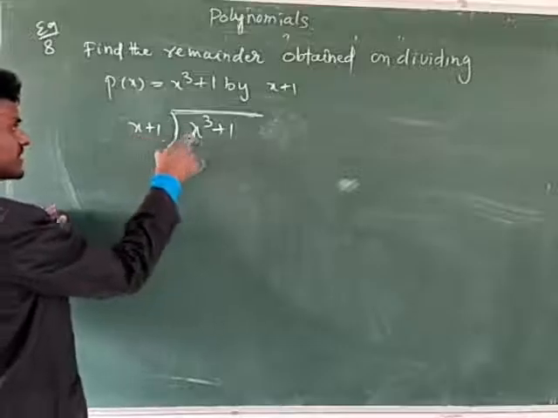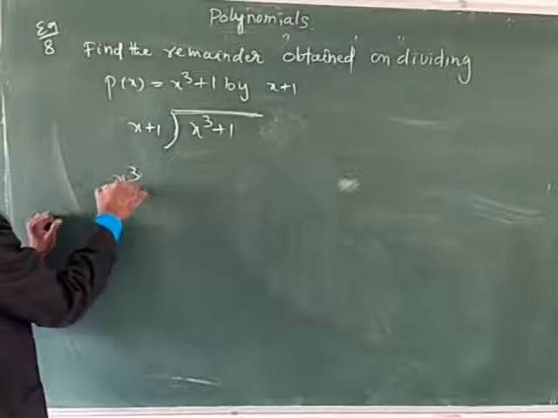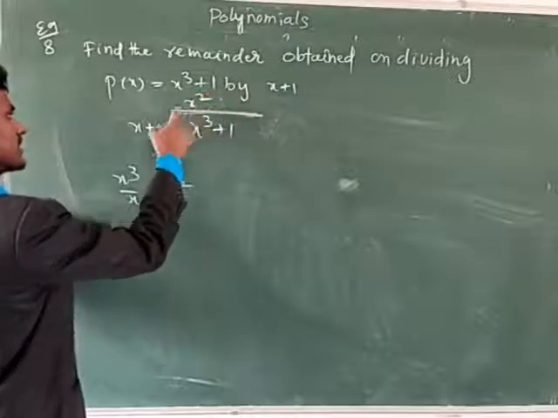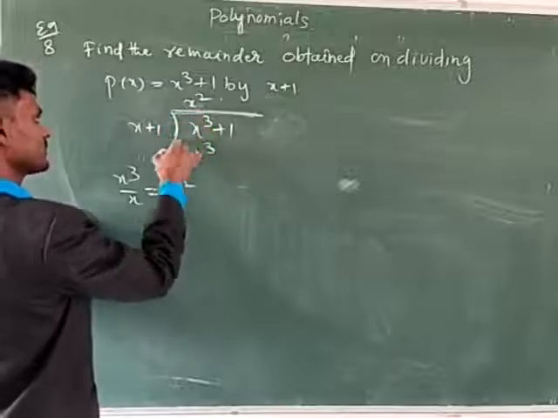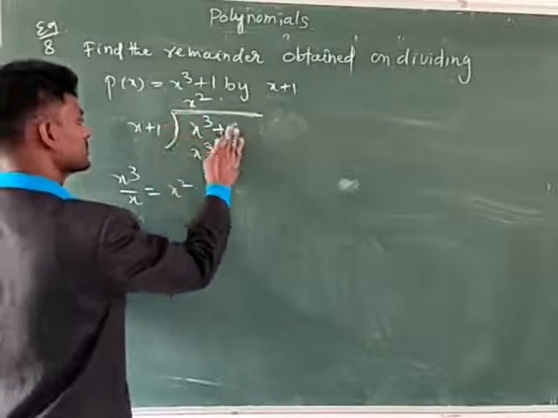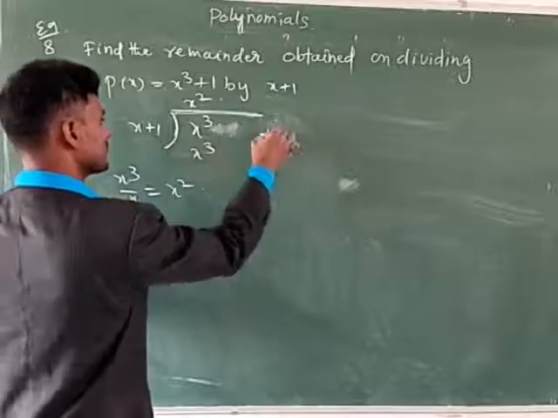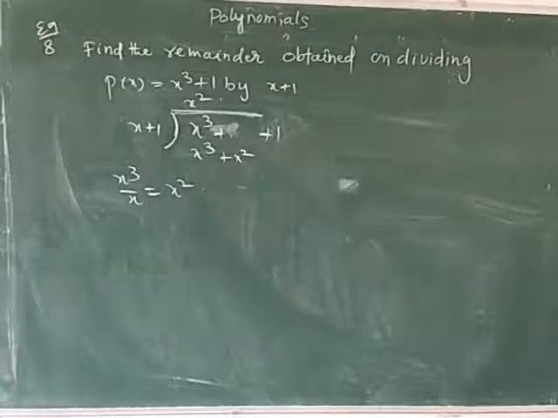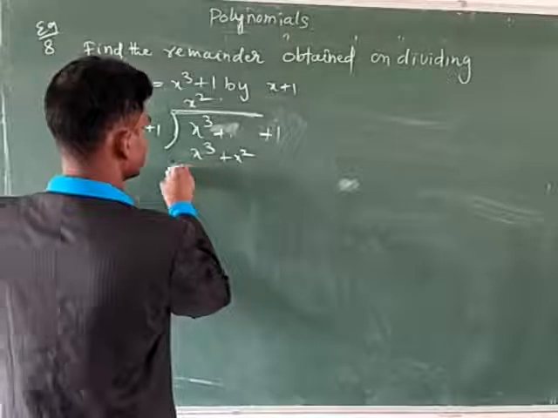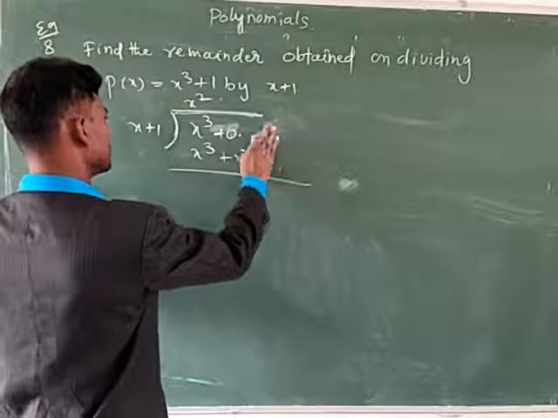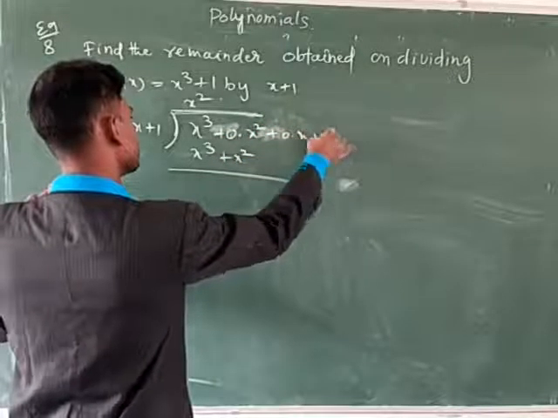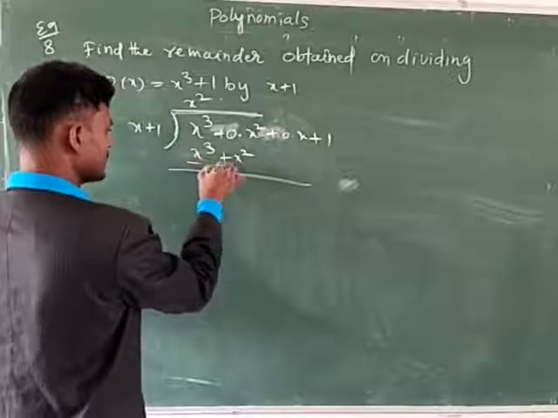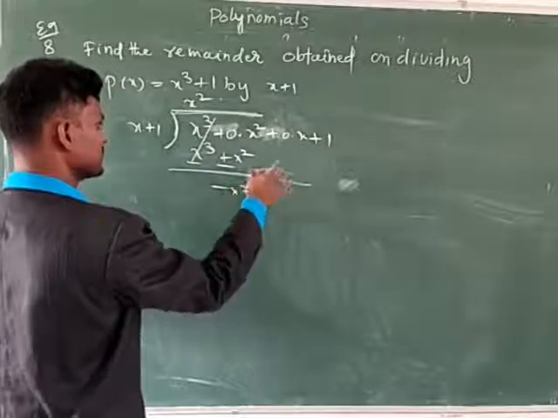Now here x cube. Then x cube by x is equal to, here x and x cancel, x square only. Here x square you have to write. x square into x is x cube, x square plus into 1 is x square. You have to write here x square. Now subtract this one. Otherwise you have to write here 0 into x square plus 0 into x plus 1. Here 2 terms are missing, only x cube plus 1 is given. Then here minus, here minus. This one cancels, minus x square, minus x square.